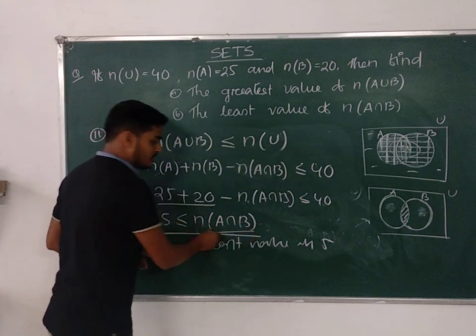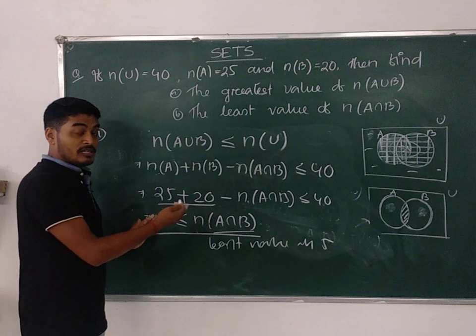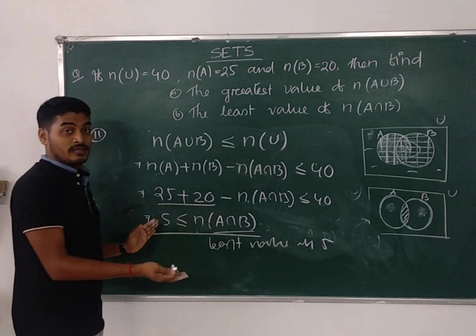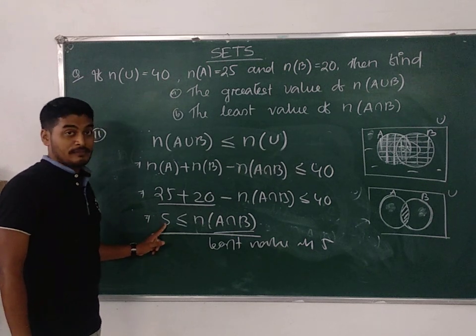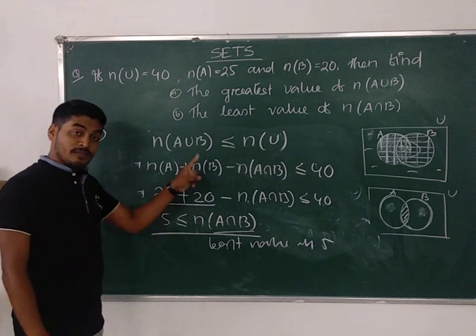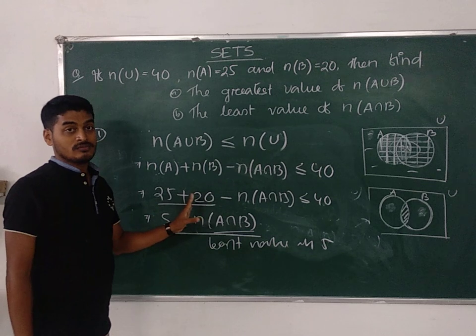Do you have any idea about the maximum value? 5 বা 5 তকৈ ডাঙৰ, 6 7 8 9 যিকোনো হ'ব পাৰে। We don't have any idea about the greatest value, কিন্তু মিনিমাম যে 5টা এলিমেন্ট থাকিব এইটো কনফাৰ্ম। ইউনিয়ন মেক্সিমাম 40টা থাকিব।